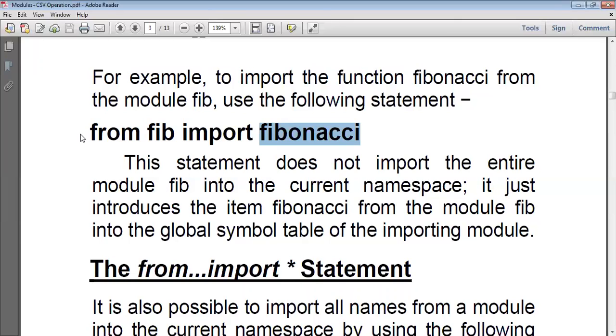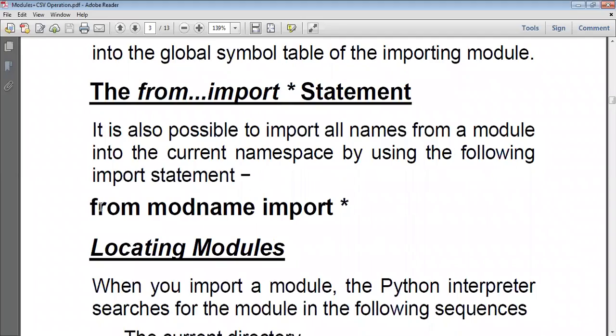So I will use from module name import, and then the function I want to access in that module. That is the usage of the from import statement. In case you want to access all the things inside that module, there is another variation, that is from module name import star. Star means all the functionality, all the code or logic present inside the module will be imported.